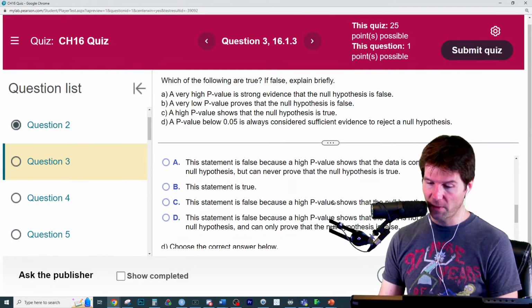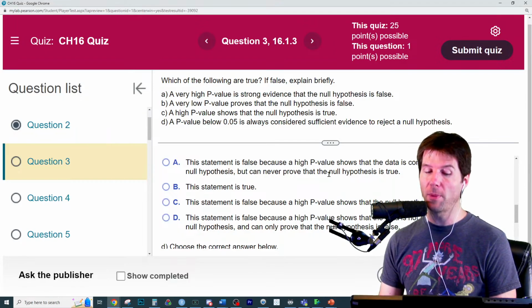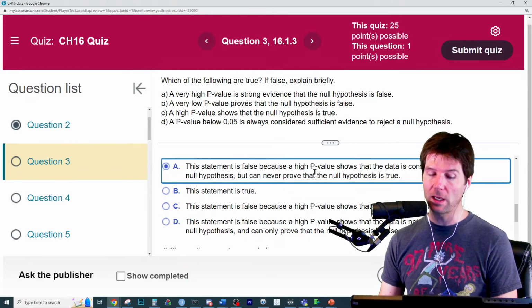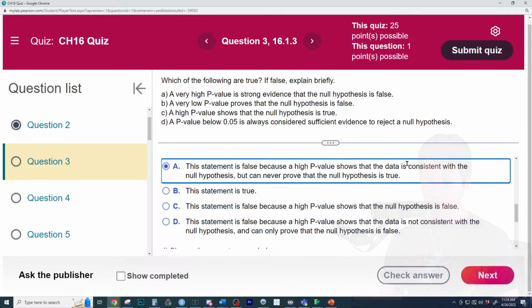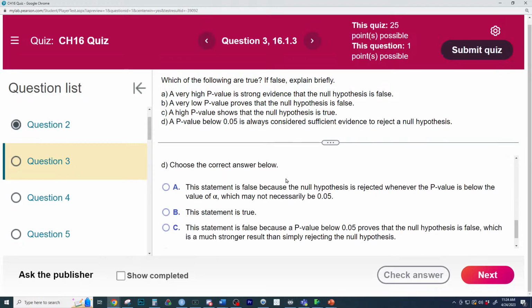This statement is false because the high p-value shows that the data is consistent with the null hypothesis, but can never prove it. That's an S tier answer right there. It shows that what we saw, the data, is consistent with the null. So what we saw was probable, i.e. high p-value, but we cannot prove the null is true. I just saw something that I would have expected given the null is true.